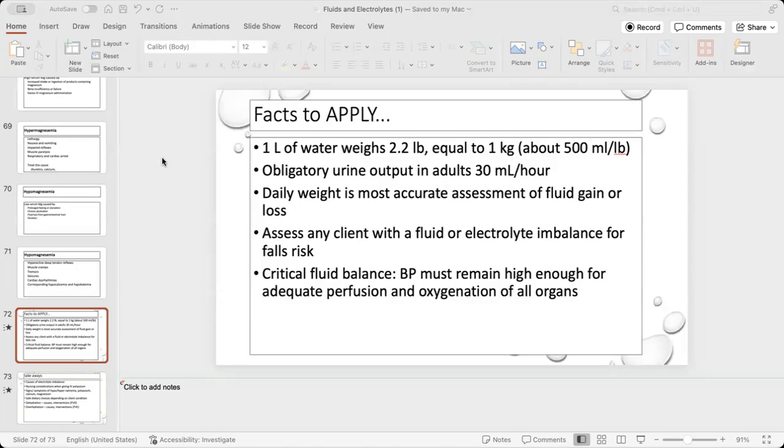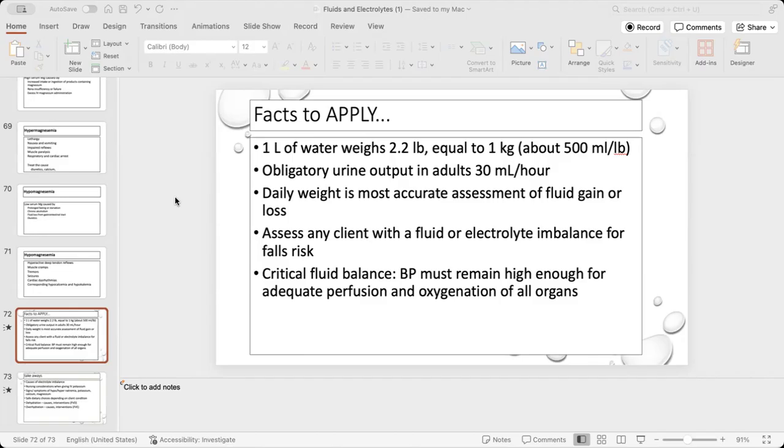All right, monitoring the client who has fluid volume overload, what are we most concerned about? D. Airway, breathing, got a breathing problem? Yes, you could have some crackles. It might lead to pulmonary edema, so we have to make sure that we're safe there. So D, crackles. All right, client's been having frequent liquid diarrhea for the last 24 hours. The nurse should monitor the client for which electrolyte imbalance? A. Diarrhea, yep, potassium. Gotta watch for your potassium.